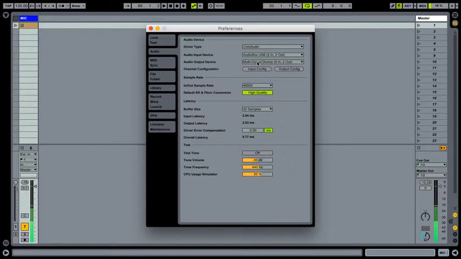Okay, buffer size. That has to do with how the audio is being read back to you as you're actually creating or listening to it. In other words, as you're watching the beat go across the screen, what you're hearing and what you're seeing are going to be exactly the same. The smaller your buffer size is, the closer it is to zero, and the larger your buffer size is, the further away in milliseconds, and it'll actually say down below, you can see there 2.94 milliseconds, and the overall latency